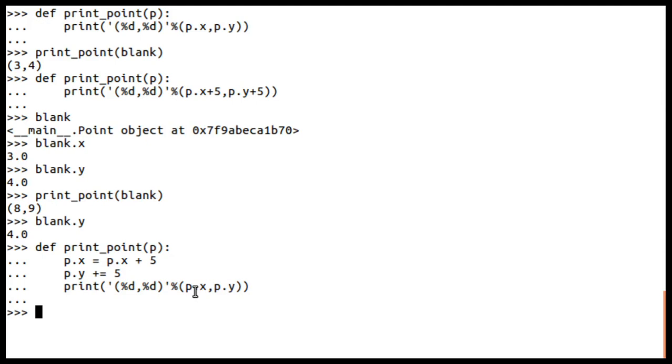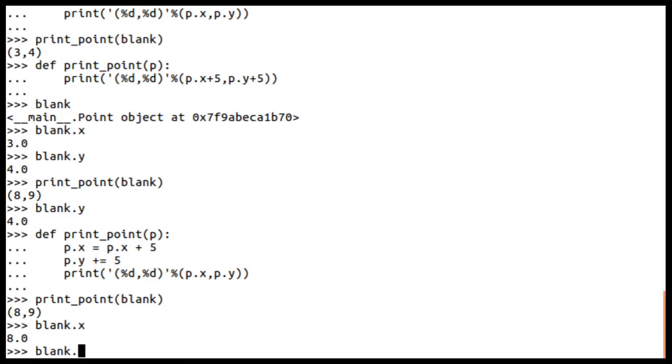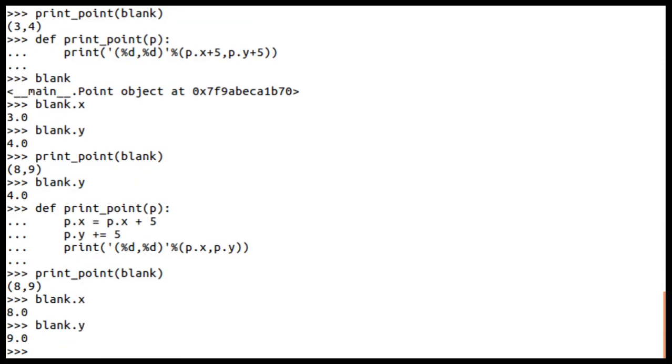And let us see what is the effect of this on the blank object. So if I call now print_point(blank), look at this, it is 8 comma 9. But earlier when I printed blank, it had the same earlier value, but if I print now blank.x, look at this, it is 8 and y is 9.